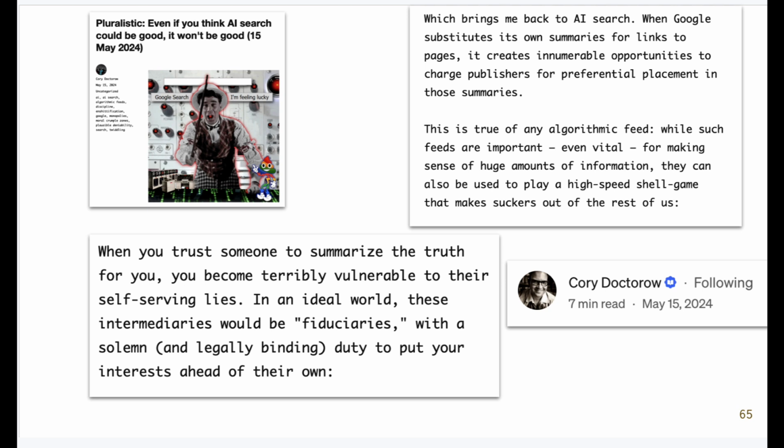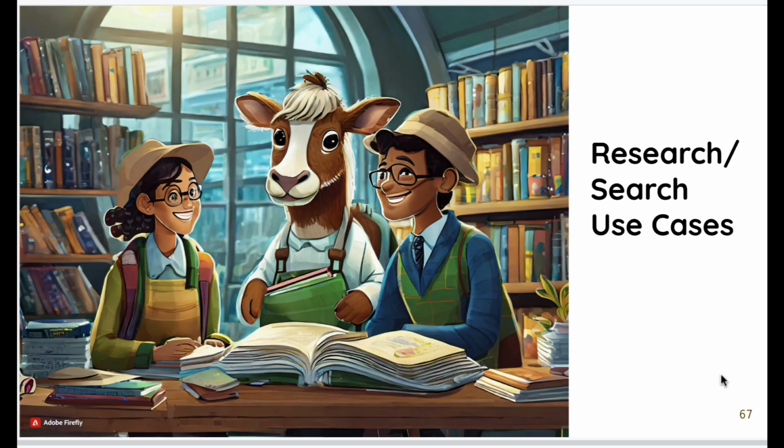So Cory Doctorow speaks about this, and think about what we might be losing as we lose Google's vertical result list, which we've relied on for many years to present a variety of results. Now, the problem is not a lot of people go through those results, but Doctorow's warning, I think, is really important to consider. Now, let's really go into those use cases.